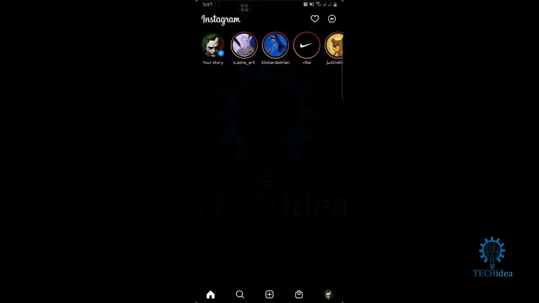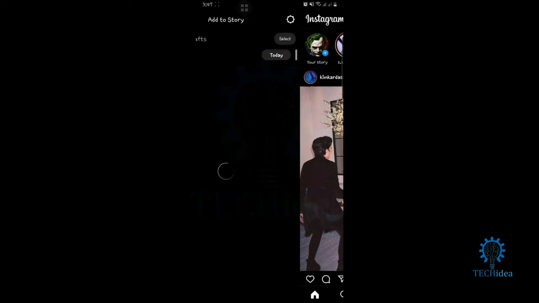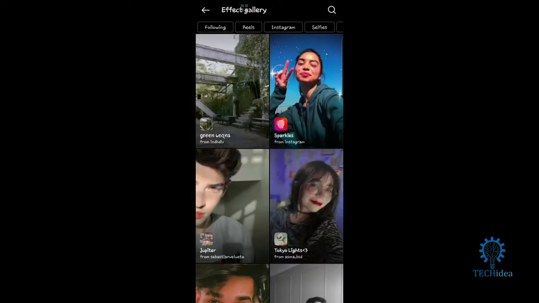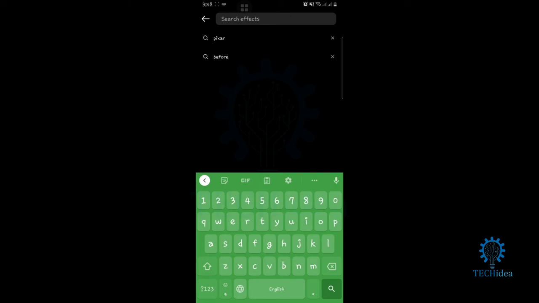First of all, go to Instagram, then go to your story mode, then open camera. After that, go to your effect. Then you can click on browse and effect. Here, in the right side, you can see a search option. Click on it. After that, write perfect